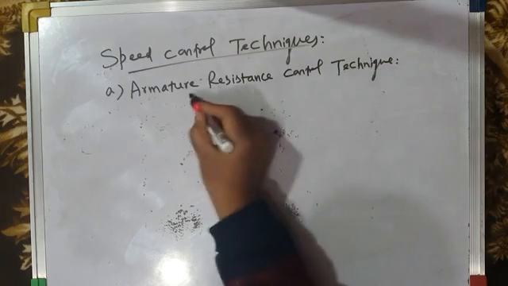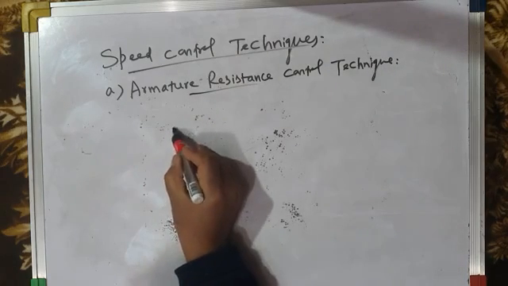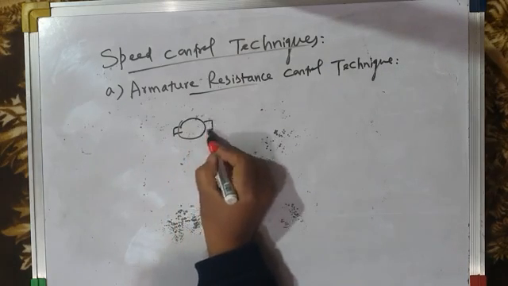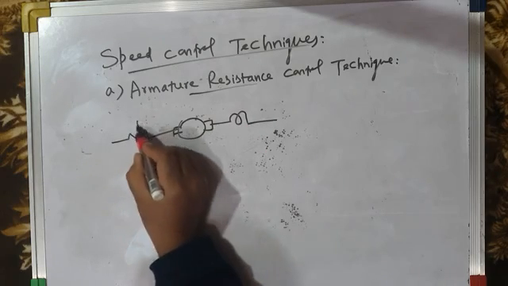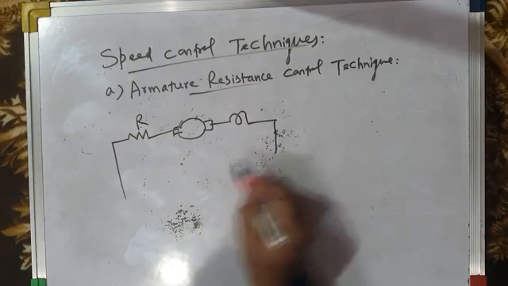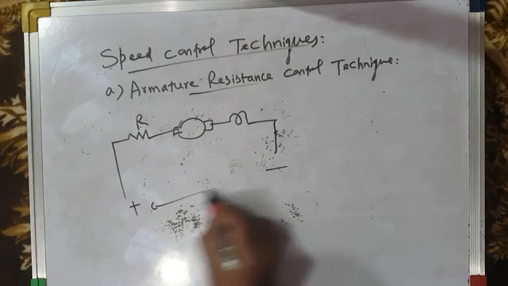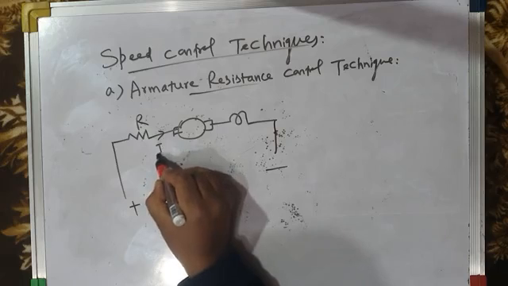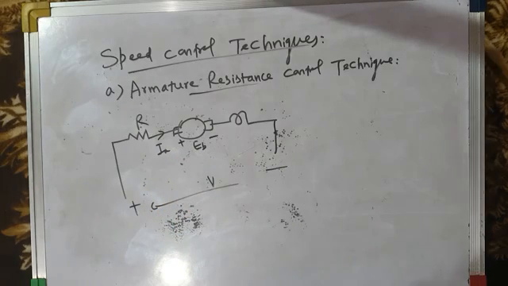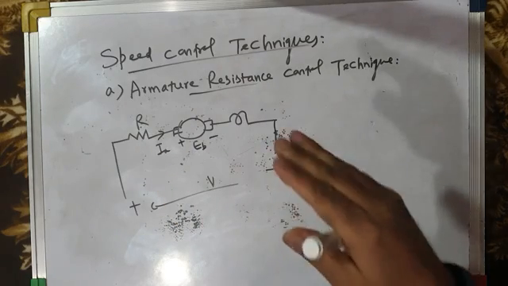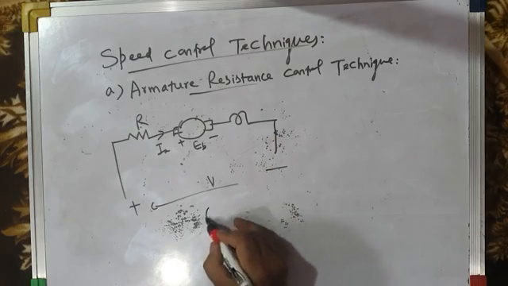So in armature resistance control technique, this is our DC series motor. This is the field winding. An external resistance R is put in series with the armature circuit. This is the applied voltage V, this is armature current IA, and this is the back EMF of motor EB, right? So when you put resistance in series with the armature, the speed decreases,